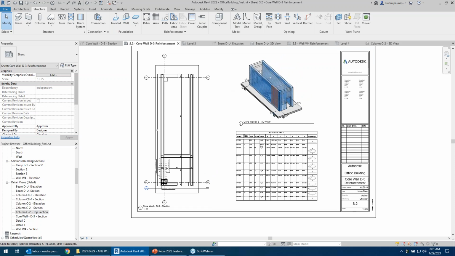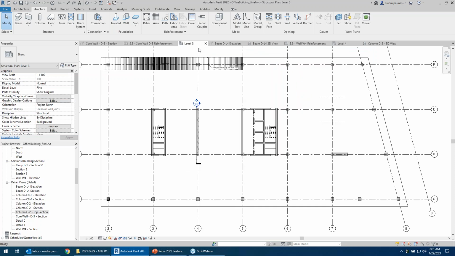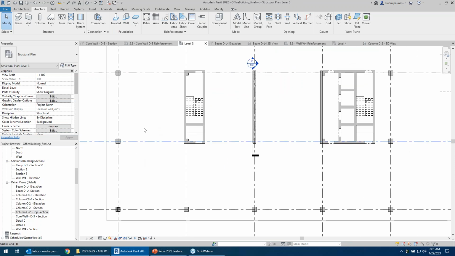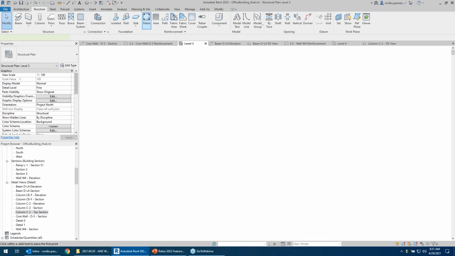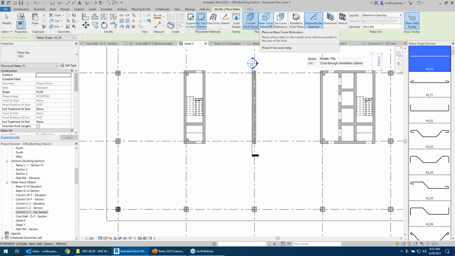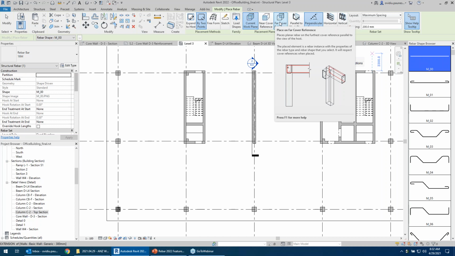Okay, so now let's have a look at some reinforcement in the slab on level 3. So let's place some rebar and also talk a bit about rebar constraints. So I'm going to use the placement by 2 points, and this time I'd like to model the bottom reinforcement